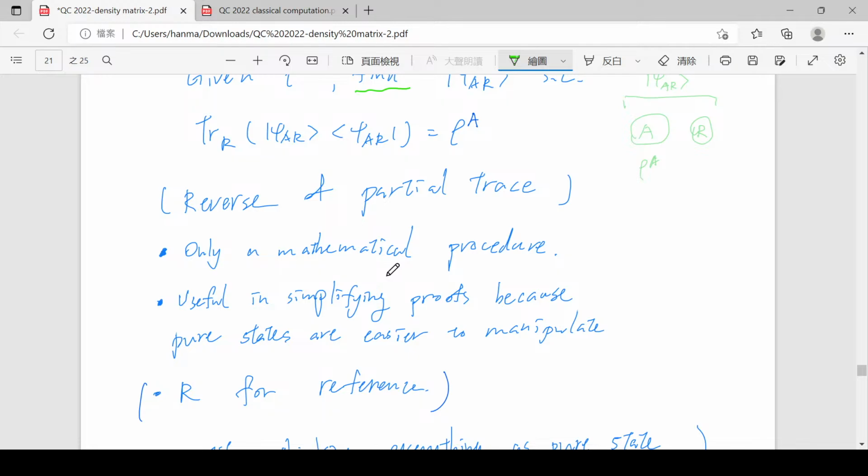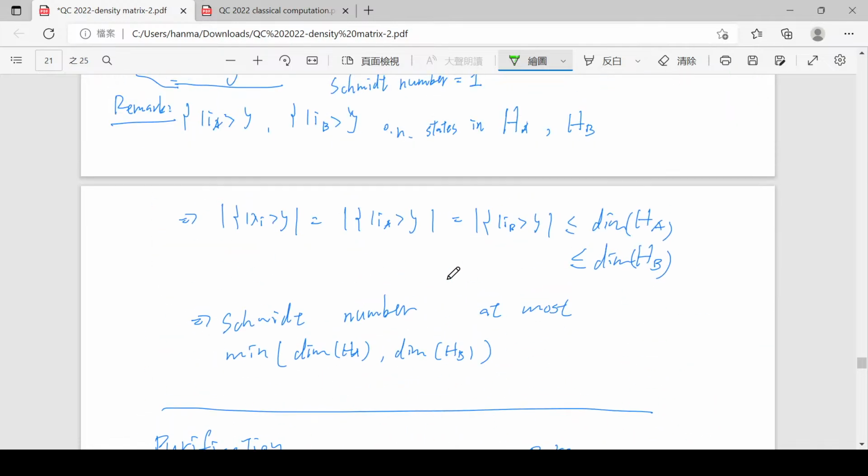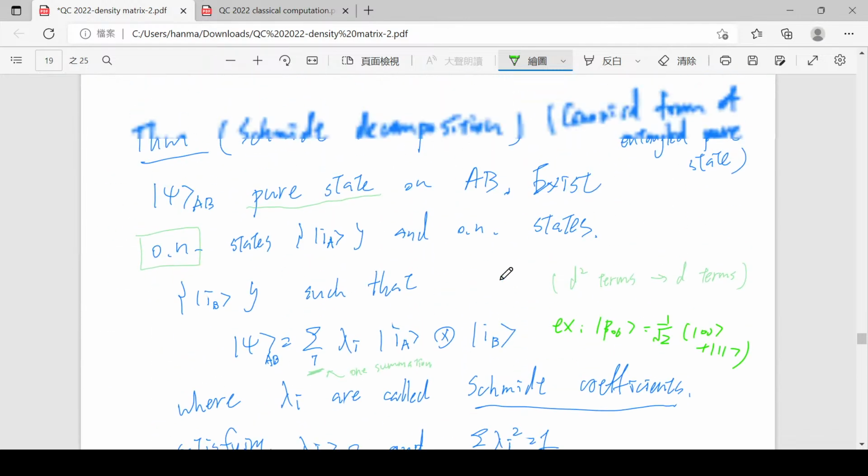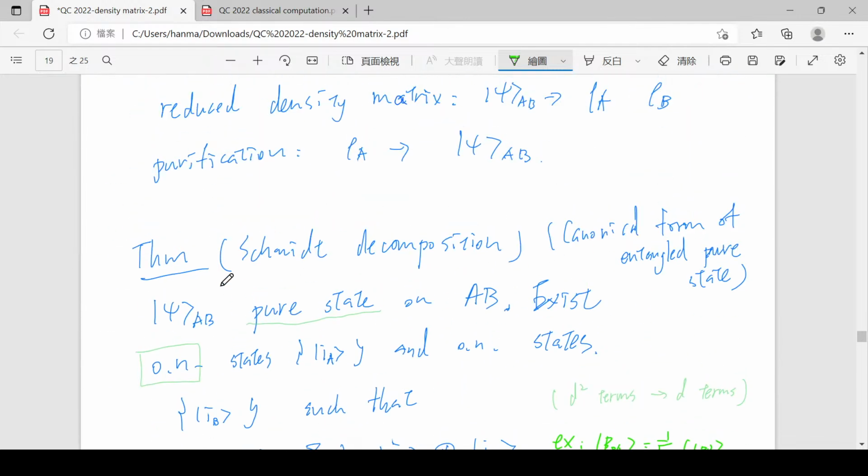And I guess a kind of confusing example is that purification justifies Schmidt decomposition, because if you have some rho_AB that's not a pure state on AB, then you can also always purify it to some psi_ABR that's a pure state. Okay. So that's a bit of a confusion point,